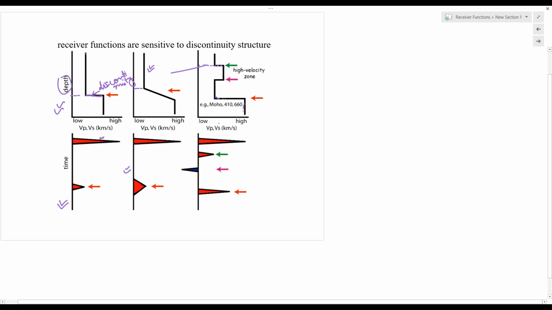So for all these types of velocity structure, the response of the receiver functions is shown in the diagram below. Like for this velocity structure, the response will be this. And for this velocity structure,